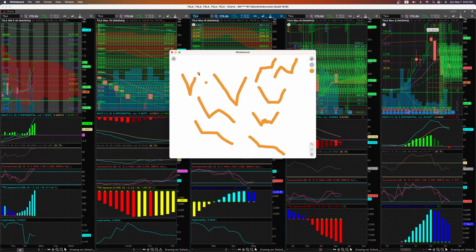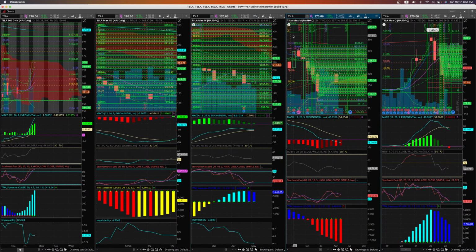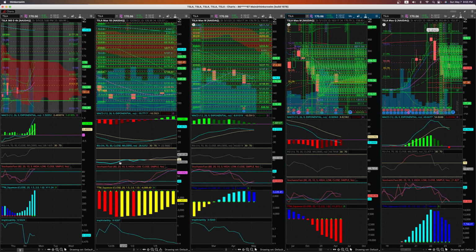gonna jump up. And the same in reverse when it comes to parabolic. When something goes up parabolic, just keep in mind everything that goes up parabolic can fall. Just look at the history of tulip mania. Everything that goes up crazy can fall and then maybe go up again, but nothing flies up forever, that's for sure. So anyhow, this one you can see here, once this RSI got out of the zone